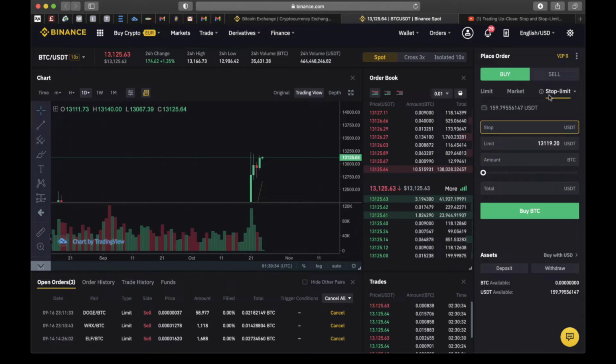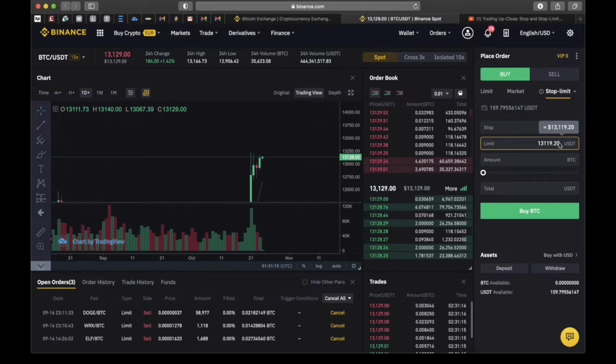But sometimes markets move too fast, so that by the time it gets to 13,000, it wasn't able to sell due to the huge amount of transactions in the market. At that point, we feel that if it gets to 13,000, it might continue going down, so we want to sell. All we are going to do is fill in the 13,000, which is our stop price, and then